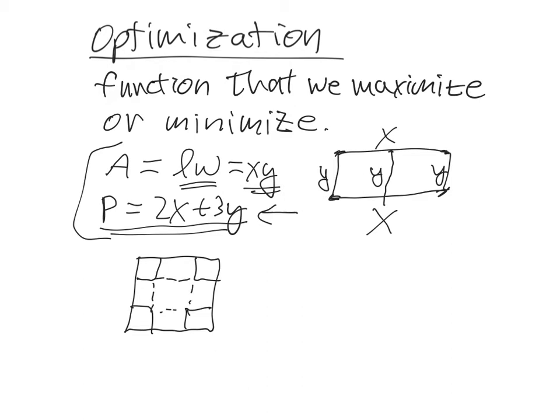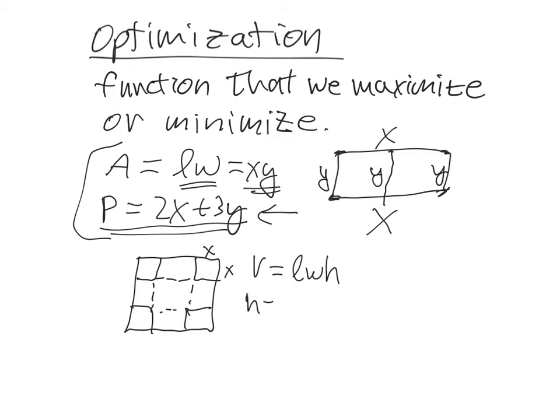Okay, so in that case, volume would be length times width times height. We would say let x represent the size of the squares being cut out. As we fold those up,